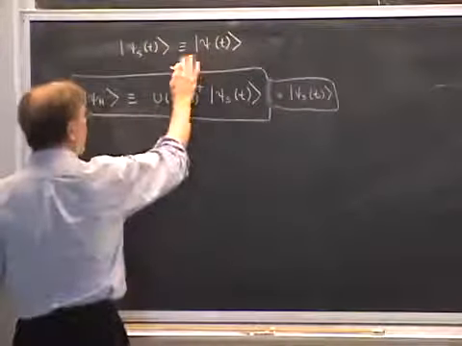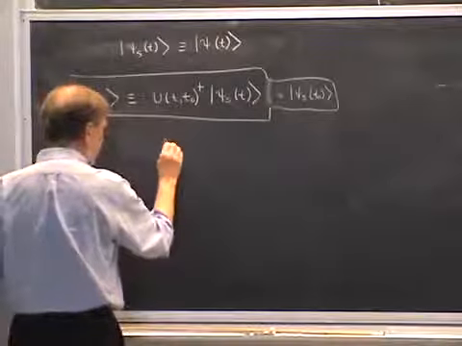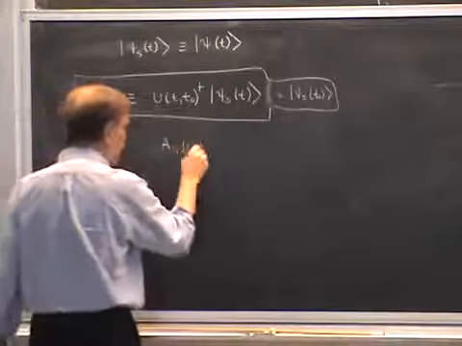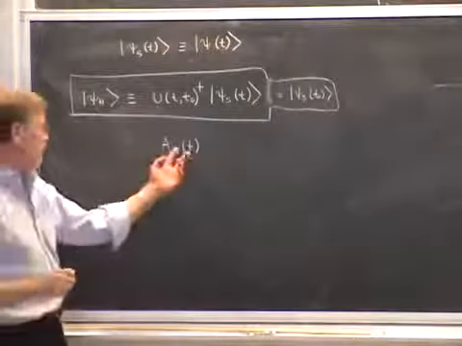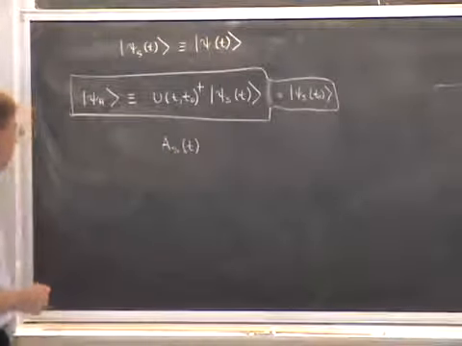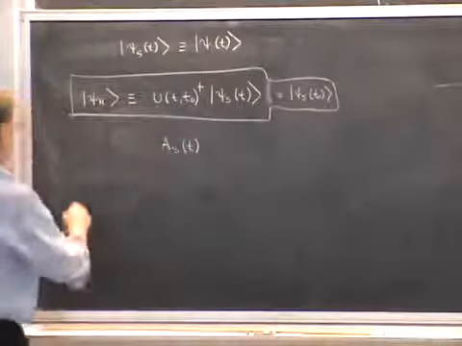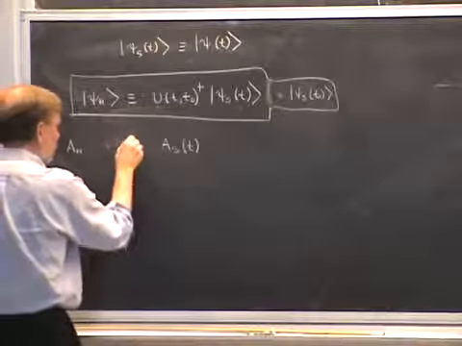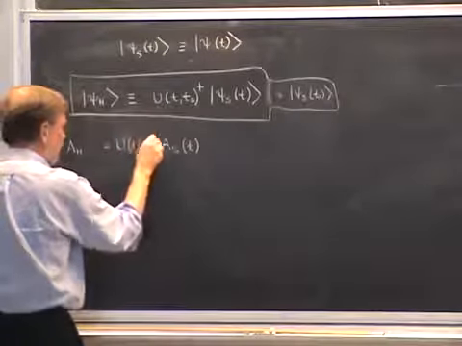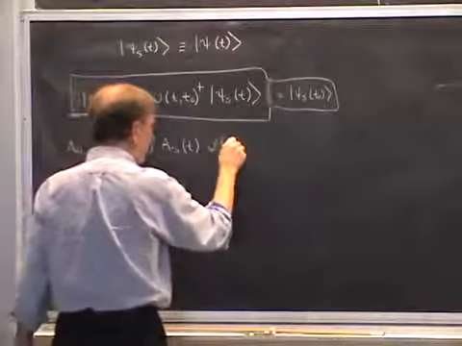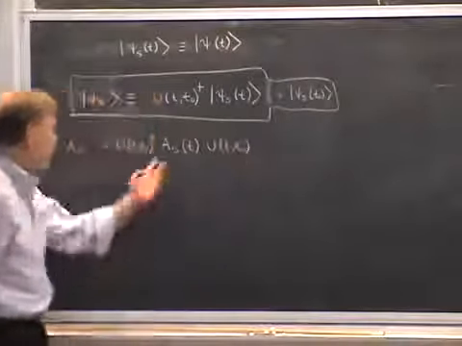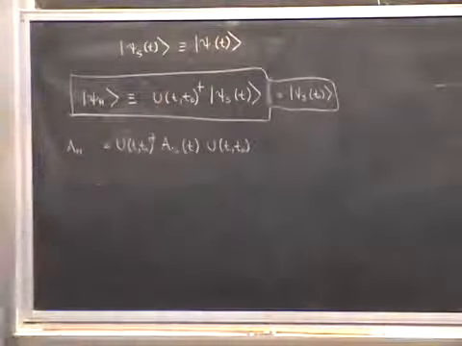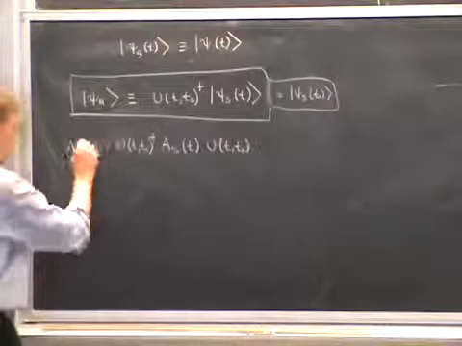Now, we can also transform operators into the Heisenberg picture. Suppose I've got an operator in the Schrödinger picture, which I'll call A_S, and as I just explained, it frequently doesn't, but sometimes it has an explicit time dependence, which I'll indicate here as A_S of t. Then the corresponding operator in the Heisenberg picture, by definition, is equal to the operator U of t comma t0 dagger on the left, and the operator U of t comma t0 with no dagger on the right. It's a conjugation of the Schrödinger operator in this manner by means of the unitary time evolution operator. Again, this is a definition.